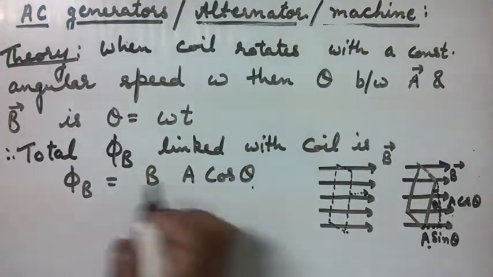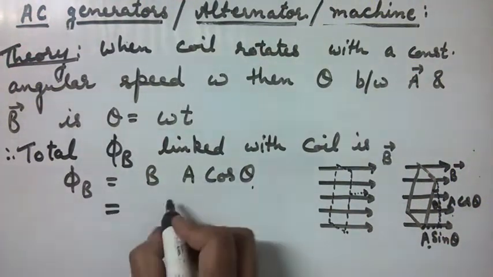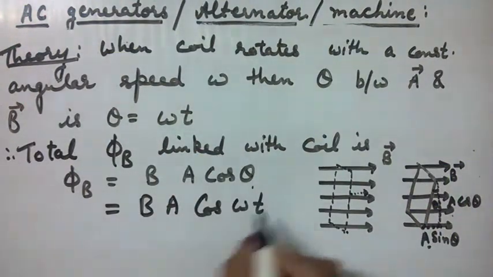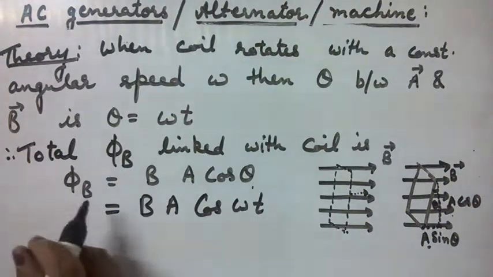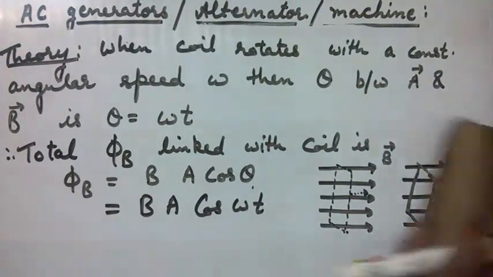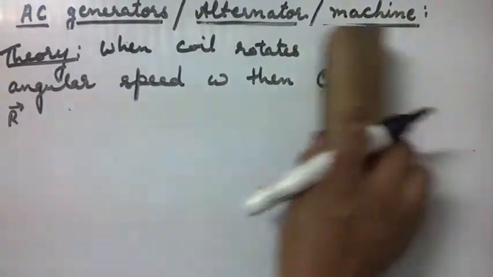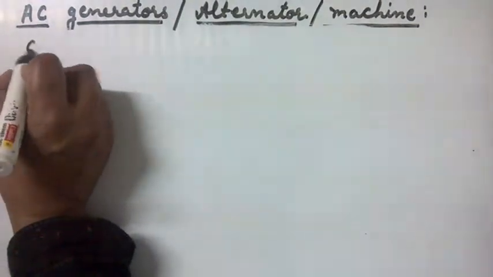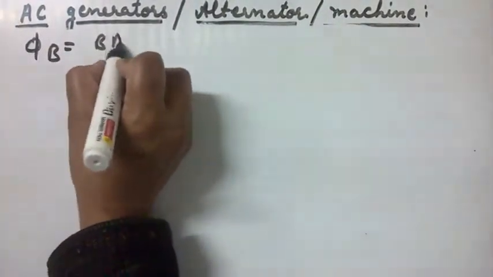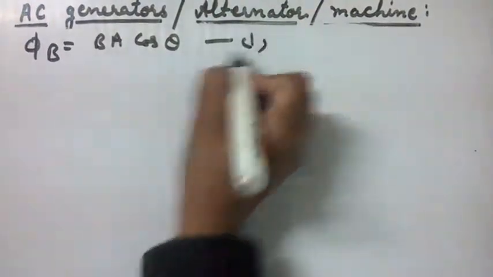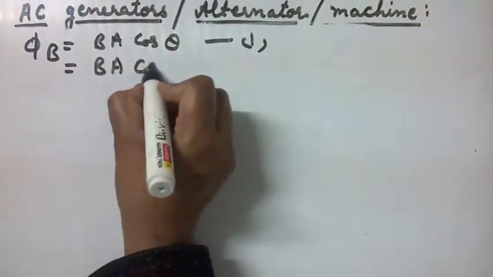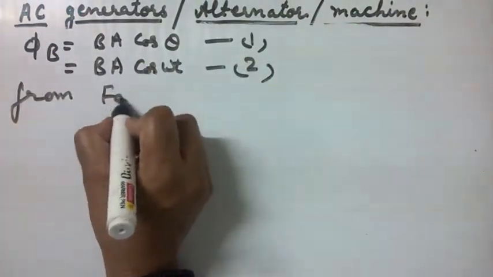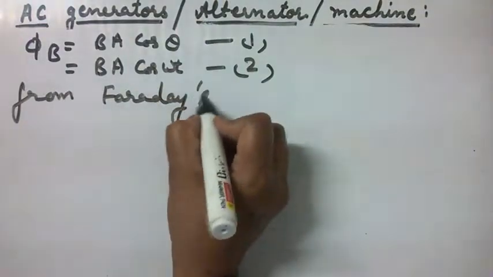Now we can write that theta equals omega t. Now using Faraday's law, phi B is equal to BA cos theta, give it equation number 1, and BA cos omega t is equation number 2. Now from Faraday's law,